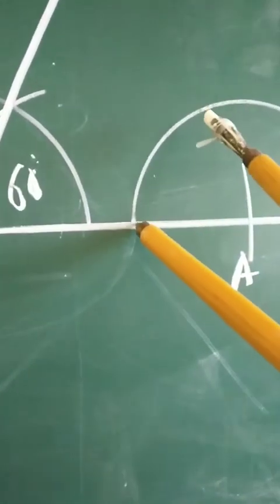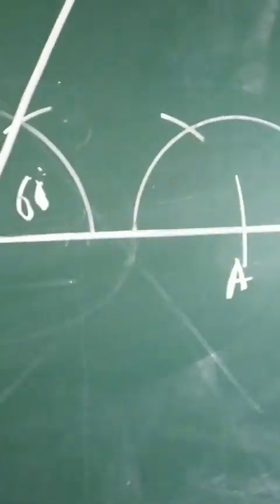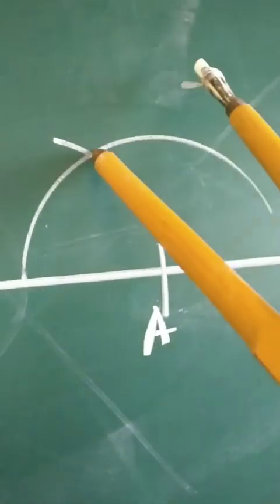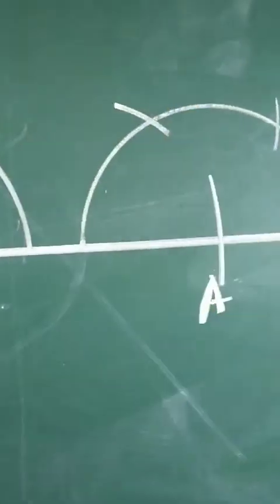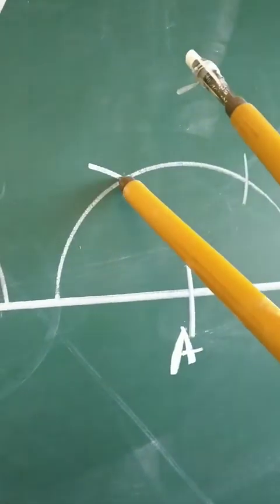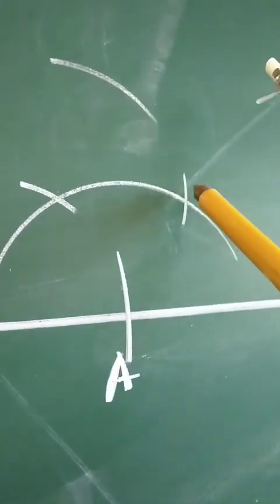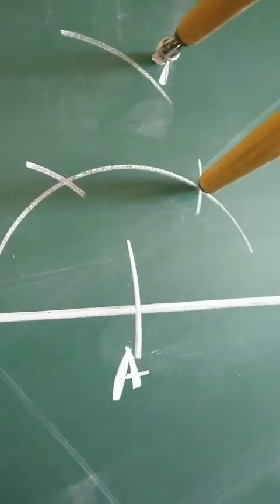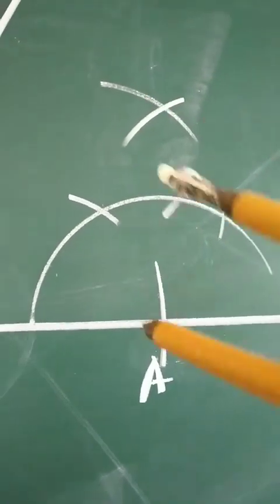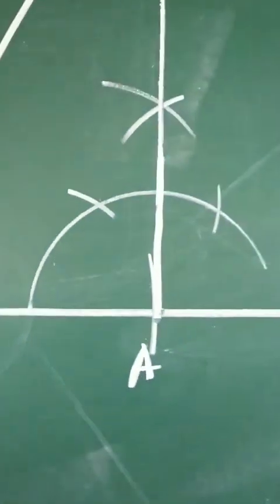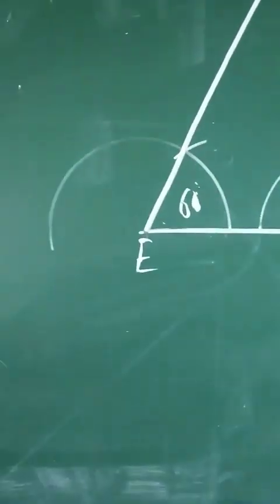So I'll place here once again, I'll draw one arc. With the very same measure, I'll place here, I'll draw one more arc. With the same measure, I'll place here, once again I'll draw one arc. And with the same measure, placing over here, I'll draw another arc. This is the final arc of angle 90 degree. So now these line segments are going to be joined. So I'm joining it. So the construction of angle 60 and 90 degree is done.